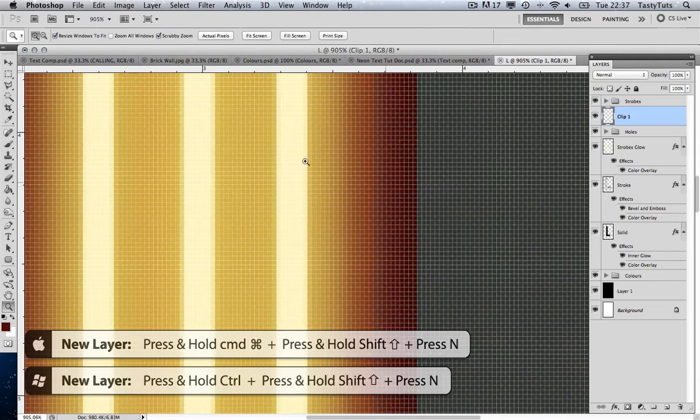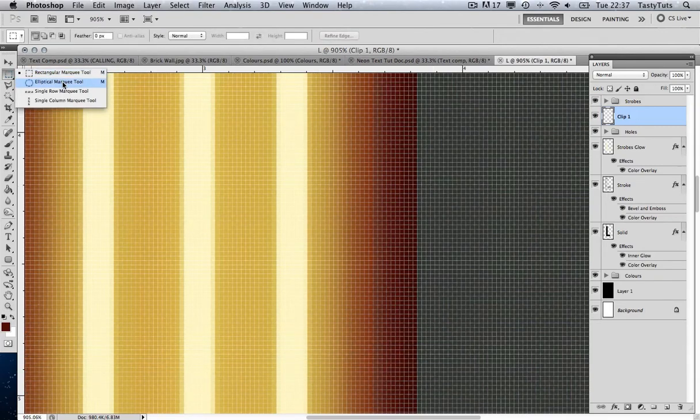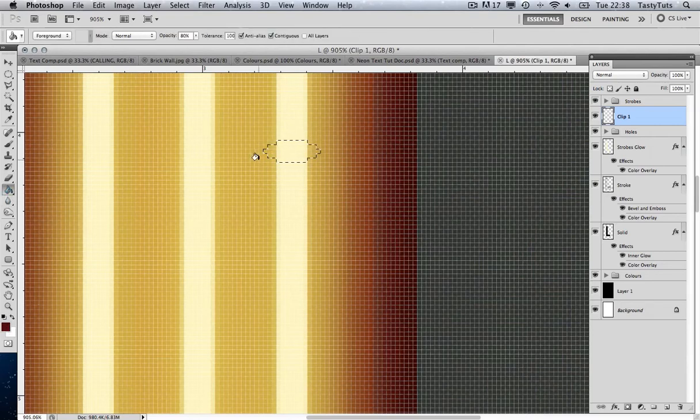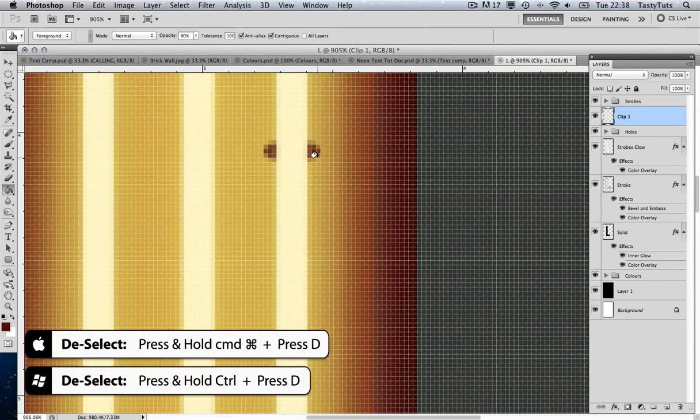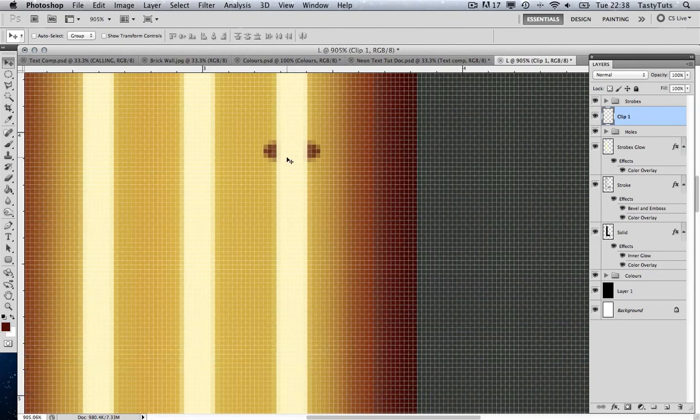Okay. Then I'm going to come over to my menu and select the elliptical marquee tool. And I'm going to click and drag and draw a relatively wide and thin elliptical selection like this. Then hopefully I should still have my dark brown selected, and I'm going to grab my paint bucket and fill that. Command D to deselect, and what we have here is this clip layer is below the strobe,